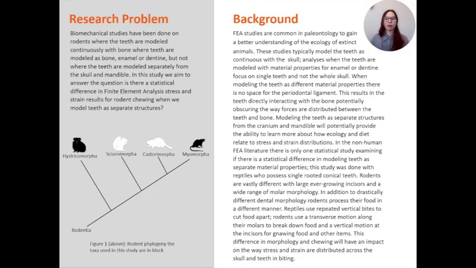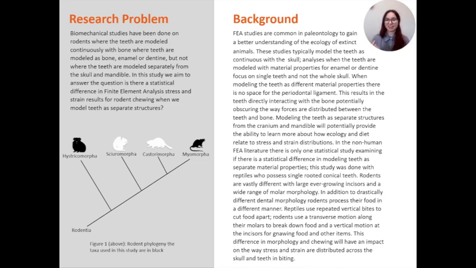So my research is primarily focused on using FEA, or finite element analysis, as a predictor of diet in multituberculates, which are extinct mammals. I'm using extant or living rodents as a comparison, as they have very similar cranial and dental morphology. Now, previous paleontological FEA studies have done dietary predictions for extinct animals previously, but these studies tend to